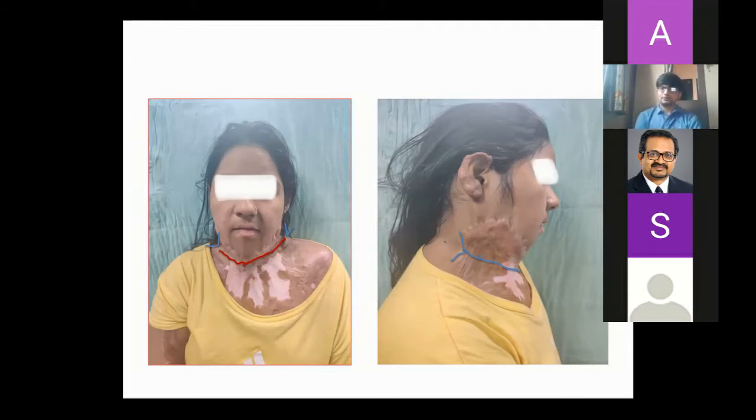The problem comes in your class 3 scars and the severe and extensive scars, wherein you need to necessarily go down up to the deep fascia and release it and cover or resurface it with either a skin graft or a flap. Usually a flap will be available, or sometimes the resulting raw area will be too large that you may have to